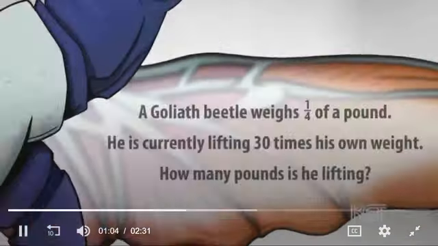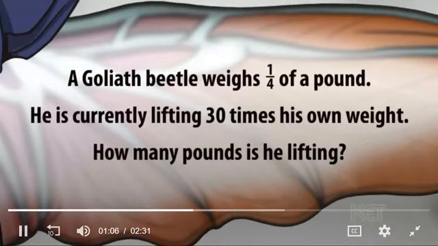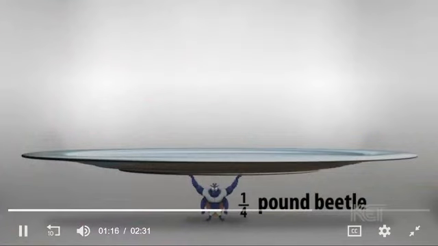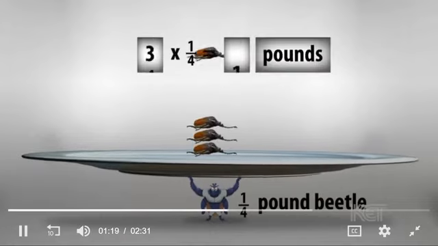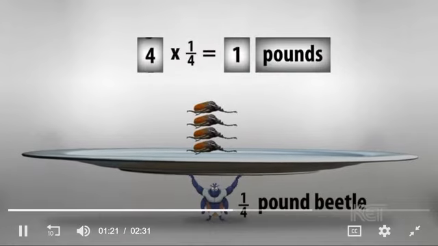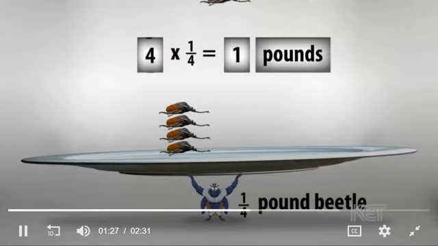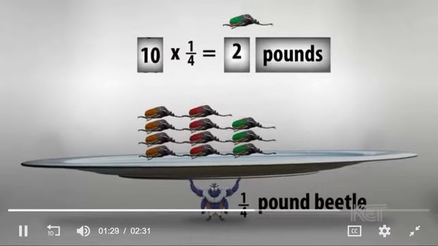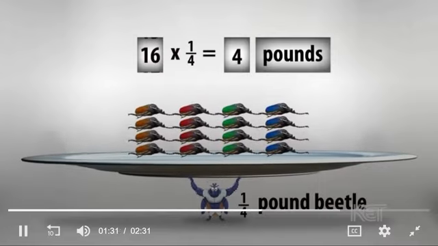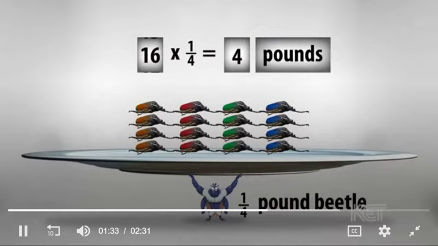A Goliath beetle weighs 1/4 of a pound. He's currently lifting 30 times his own weight. How many pounds is he lifting? Here's one way to think about the problem. When a 1/4 pound beetle lifts 1 pound, he's lifting 4 times his weight. What we want to know is how much 30 times his weight is. Let's keep adding pounds to our model. When the Goliath lifts 4 pounds, he's supporting 16 times his weight.